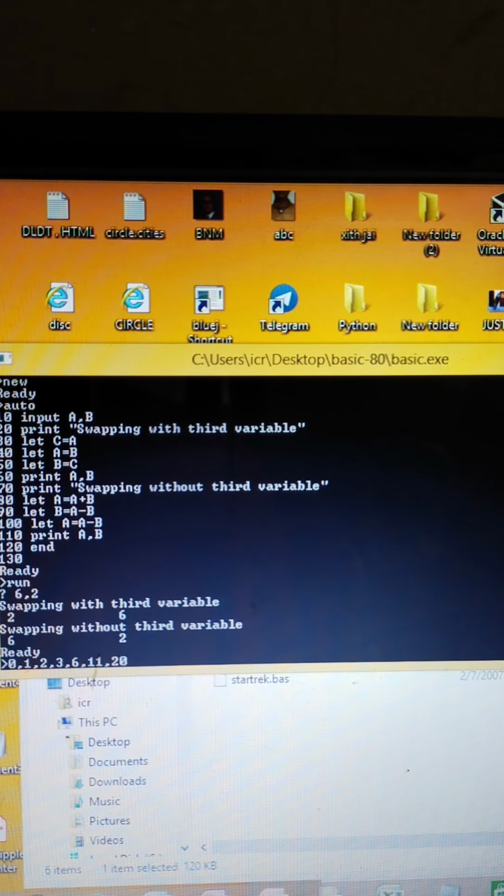6, how does it come? 3 plus 2 plus 1. The previous three numbers will add up to give you the value 6. How does 11 come? When you add 6 and 3 and 2, you get 11. The immediate three values present before that number will give you the Fibonacci series. So let's see how do we do this.